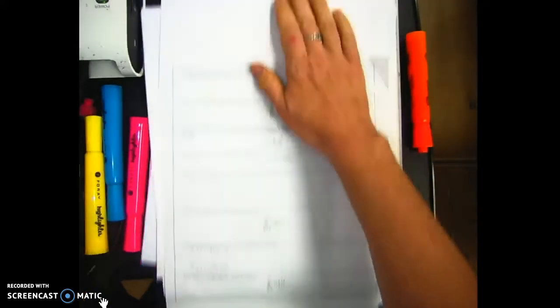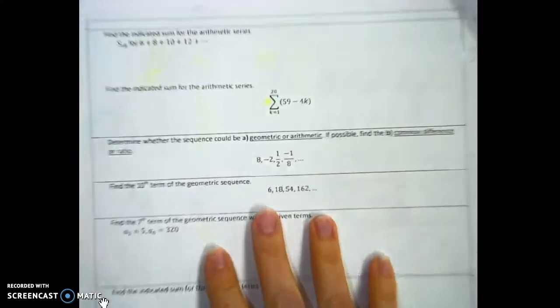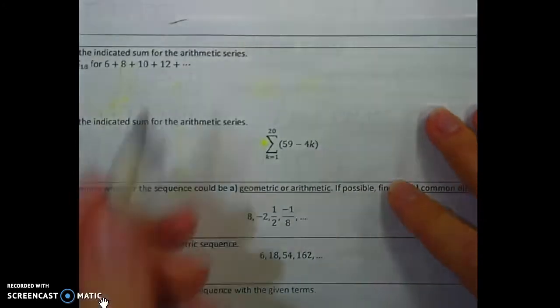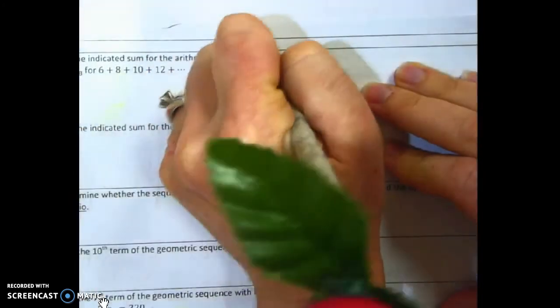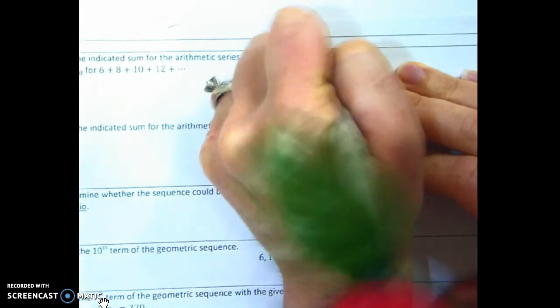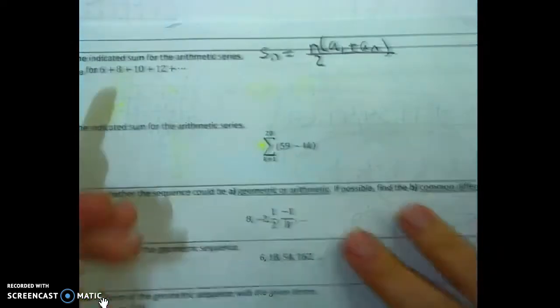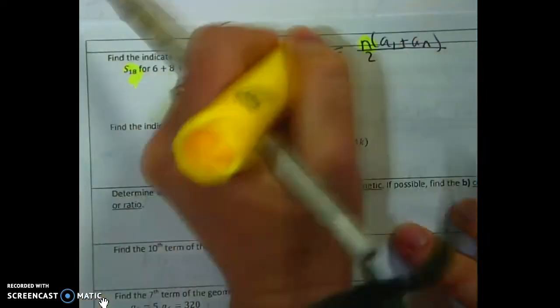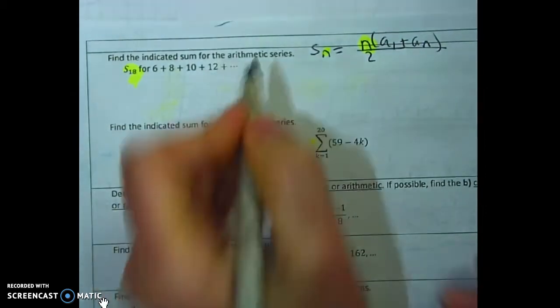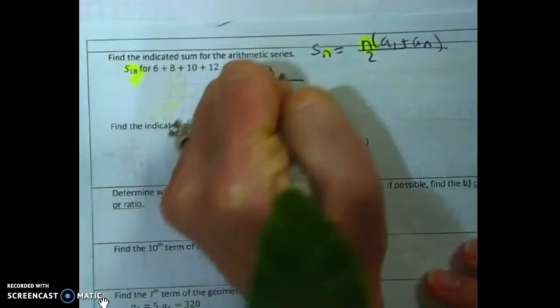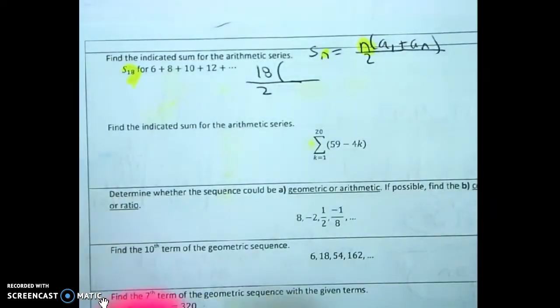Okay, so it's asking us to find the indicated sum of the arithmetic series. So as soon as I do that, I'm going to write the formula. First guy, last guy. Okay, so they want the sum of the first 18 terms. So 18 is my n. So I'm going to go 18 over 2. The first guy,